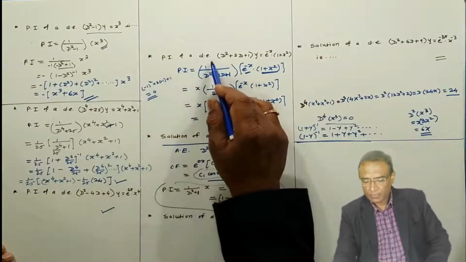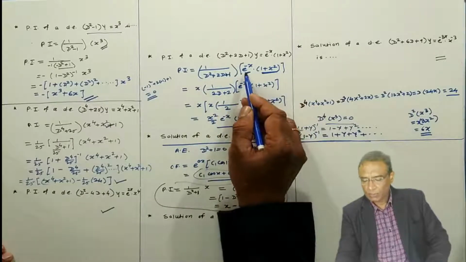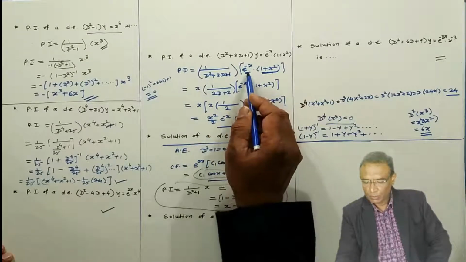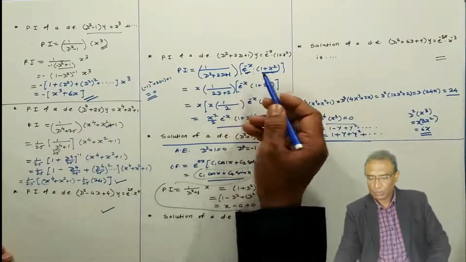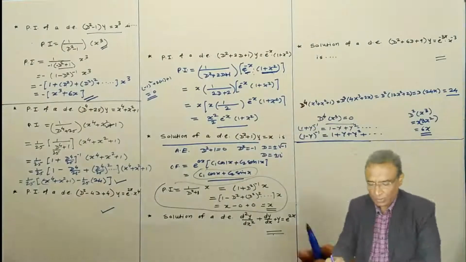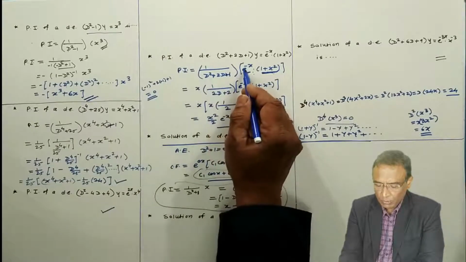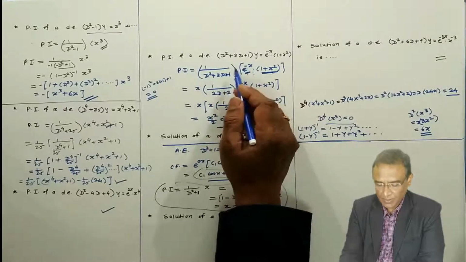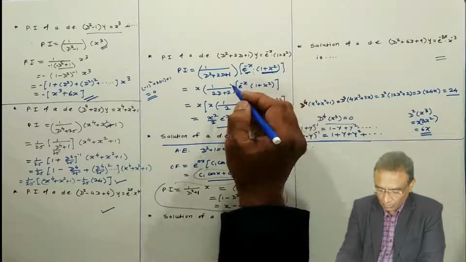Particular integral of the differential equation is this one. This I am shifting to the right hand side. Here we have the product of two functions, e to the power minus x you can take outside. Then you can operate this operator on the rest. But when you take e to the power minus x outside, D must be replaced by D minus 1. If you replace D by D minus 1, what will happen then? See what I am going to do.